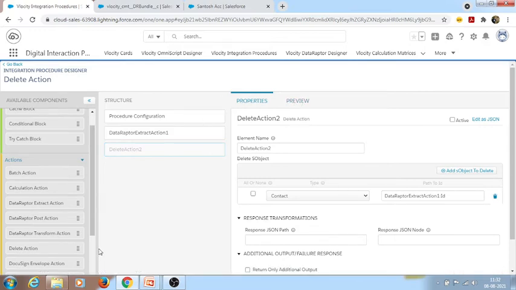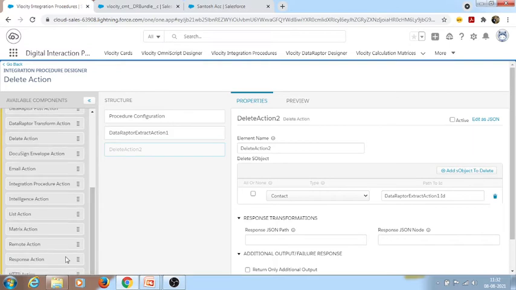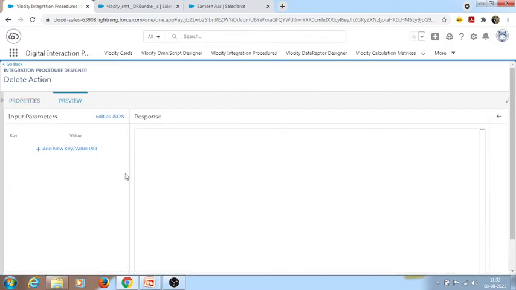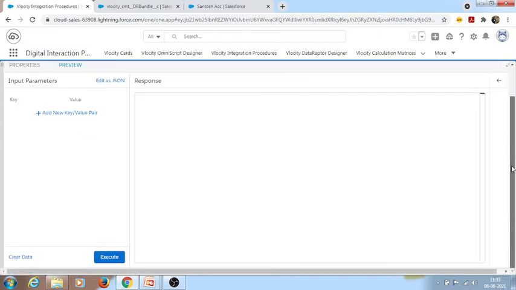Let me add, I forgot, let me add this response action, so we can know how things are working and how the response is coming. We can validate that response. If I want to add a key value pair, I need to give id here.